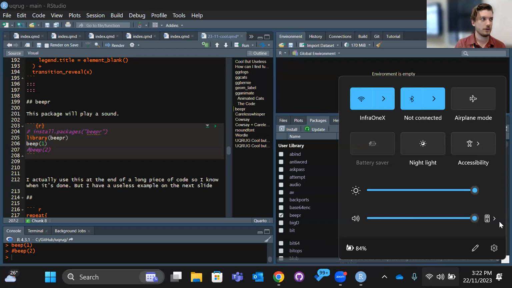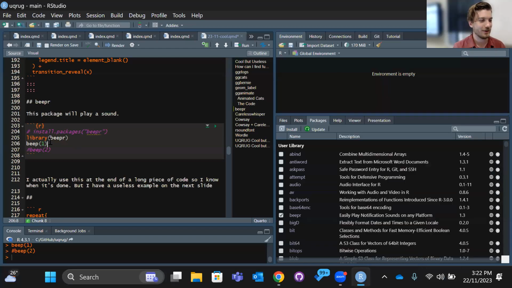All right. It's not very loud. You're not going to be able to hear it very well, but anyway. Wasn't that worth the wait? Oh gosh. So we could do other beep sounds too, like beep 2. Beep 2, Nick. Beep 2. Beep 3. And there's a whole bunch of beeps.